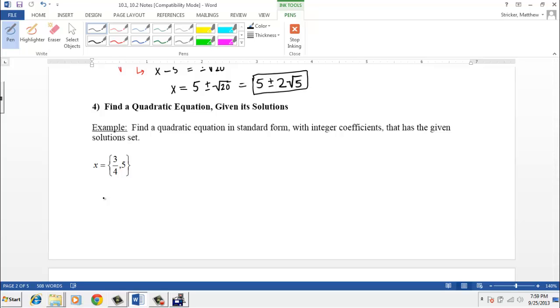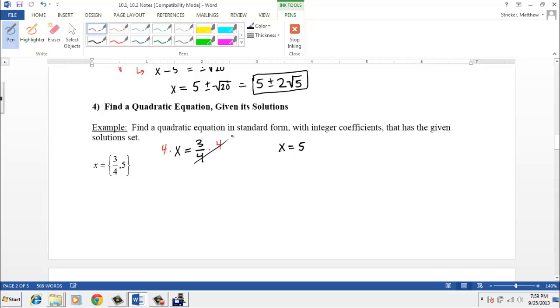When we end up getting our answers of x equals 3/4 and x equals 5, we got that from the zero factor property, which happened when we had some factor equal to 0. So we take this expression, x equals 3/4, and try to get it equal to 0. The first thing we'd want to do is multiply both sides by 4,